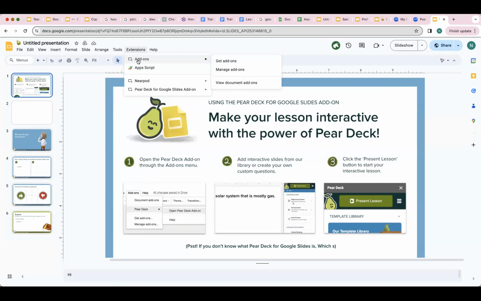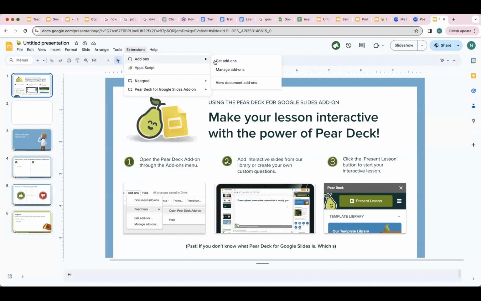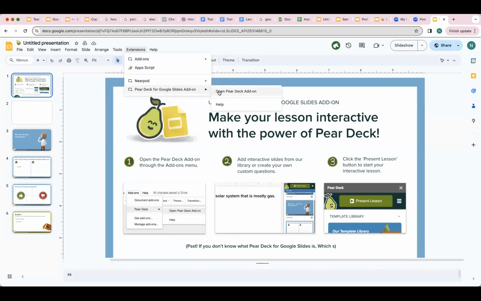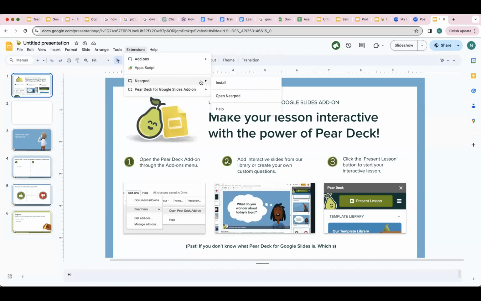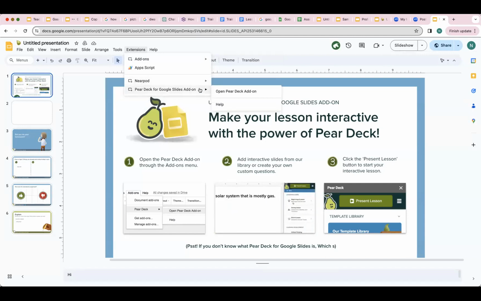Now, again, my system is a MacBook, so it might not have the Peer Deck. You can get add-ons from here, or yes, you can have it from here. Peer Deck for Google Slides add-on. So I have it. Or you can have Nearpod. Nearpod is also one of the very wonderful apps for interactive sessions, but Google Slides Peer Deck is equally